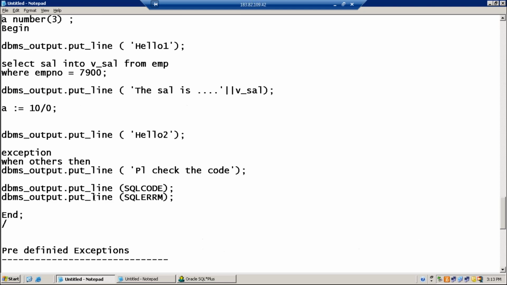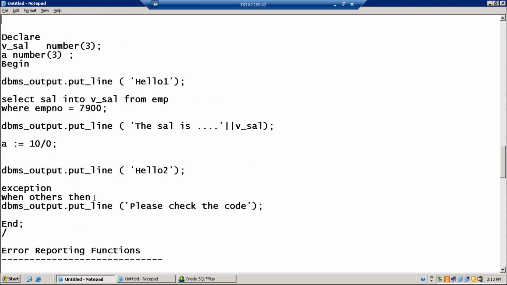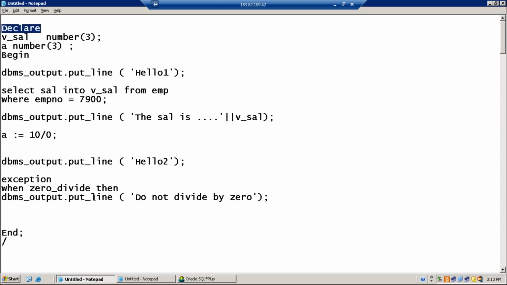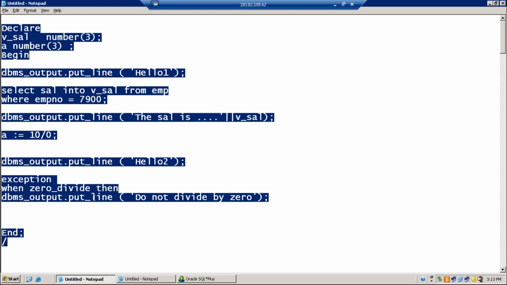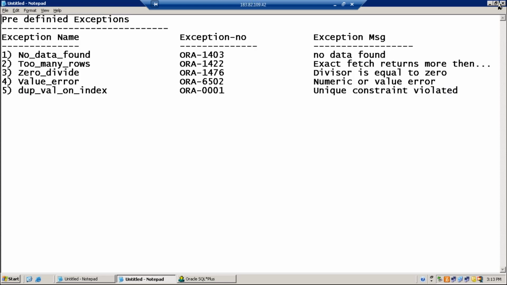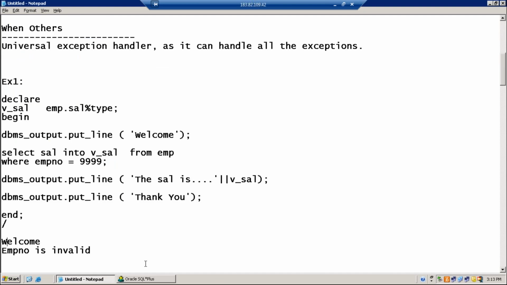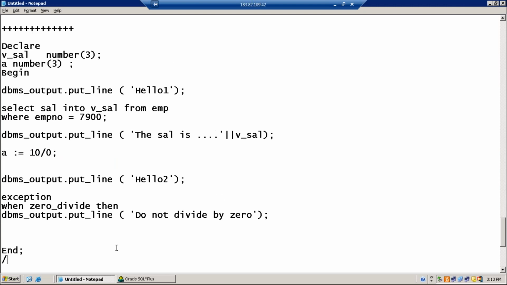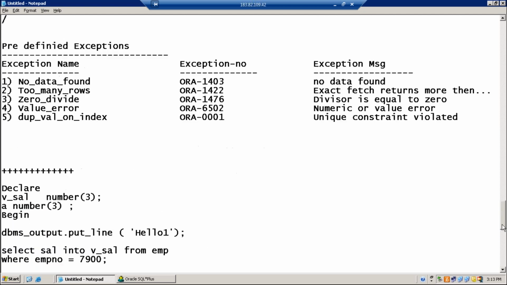So, for example, if you want to handle zero divide, you should write when zero divide. What is zero divide? Zero divide is the name of the exception.